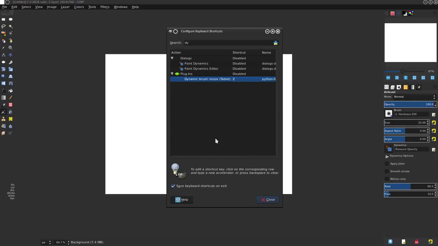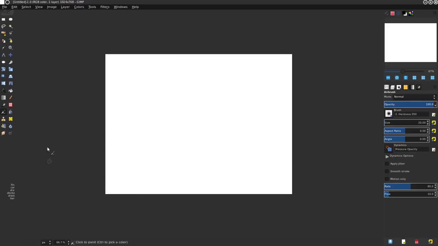And yes, that overrode my zoom hotkey, but that's okay because I still have that icon over here in my tools menu. So anyway, I'm going to press the B key and switch to my brush. And now to use the resize, you don't have to go over here and drag this back and forth anymore. Now I can resize with the hotkey, so I'll just hit Z once, and then I